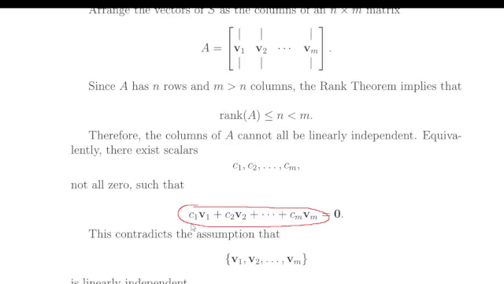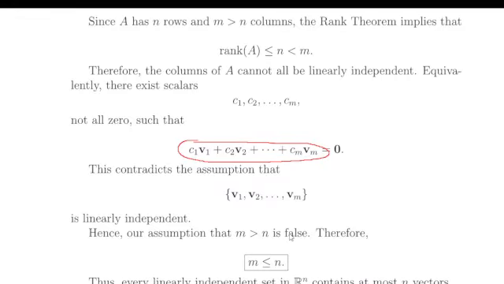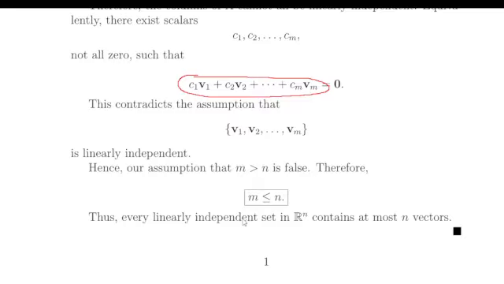So not all constants, or scalars in this case, are going to be 0, since some columns must be free variables. And so this contradicts the assumption that our vectors v1, v2, all the way up to vm are linearly independent. Hence, our assumption that m is greater than n is false, and therefore m is less than or equal to n,